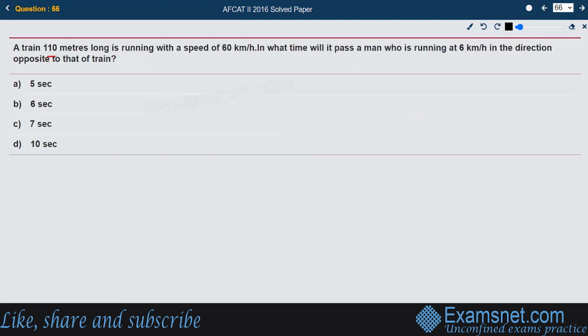Now, a train 110 meter long is running with a speed of 60 km per hour. In what time will it pass a man who is running at 6 km per hour in the direction opposite? Now, again, we have a formula for opposite time. When two objects are running in the opposite direction, we can directly use the formula L1 plus L2 divided by speeds